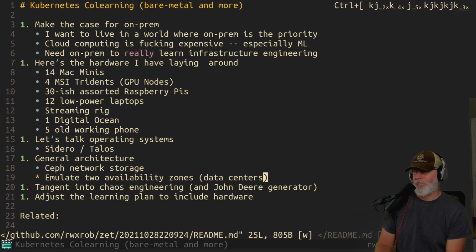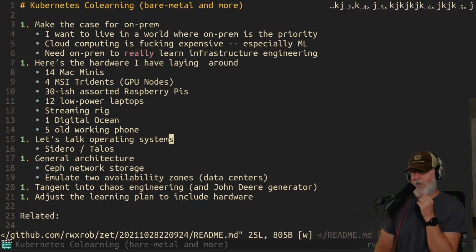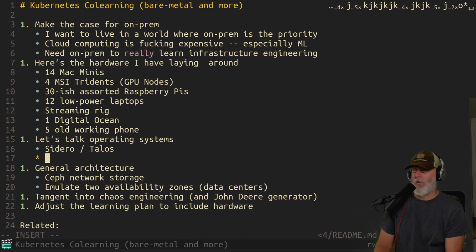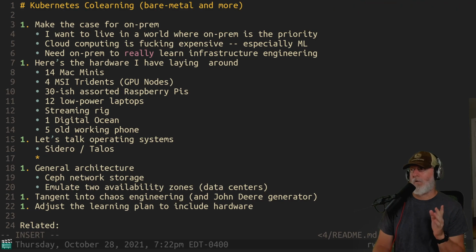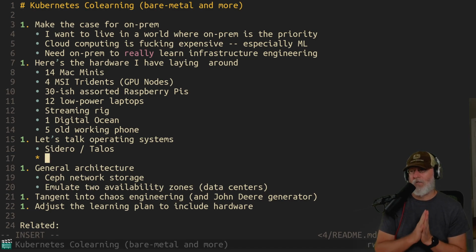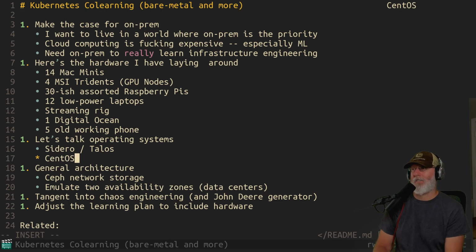Let's see here. So operating systems. So Talos. Hey, let me ask the community here. We got Linux people here. Let me ask you, which among you thinks, of all of the non-Red Hats, which one do you like the best? Ready, go. CentOS is a thing apparently now.